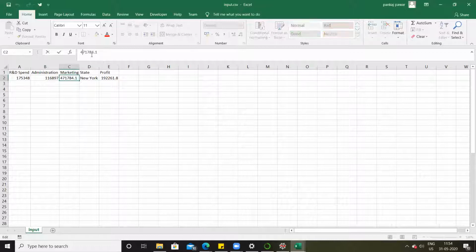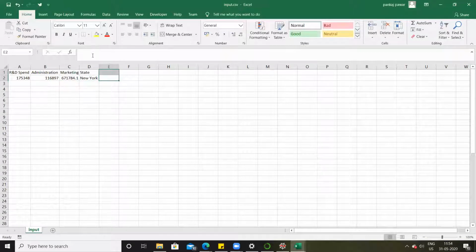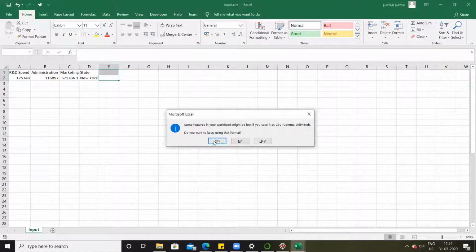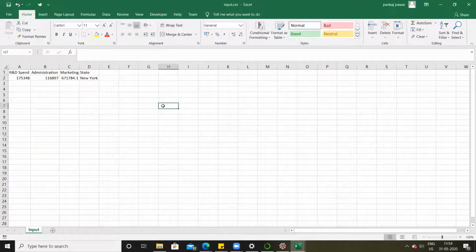In marketing, let's say they have spent this much amount. And this new company is located in New York, and I'll get rid of this profit because that is not a part of input, right? So now what I'm doing is I'm considering the inputs directly from an Excel file. Instead of asking the user to enter values one at a time, I am considering the input directly from an Excel file, and I'm naming this file as input.csv.